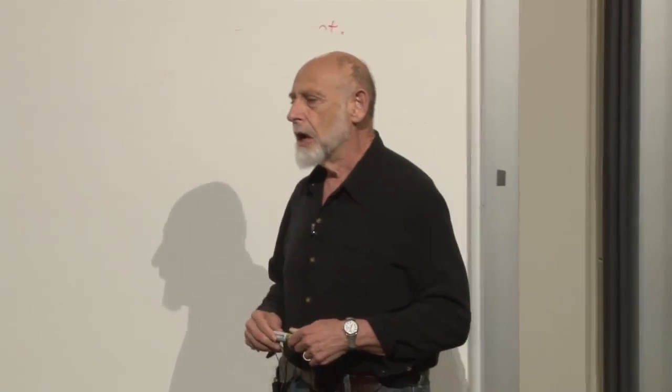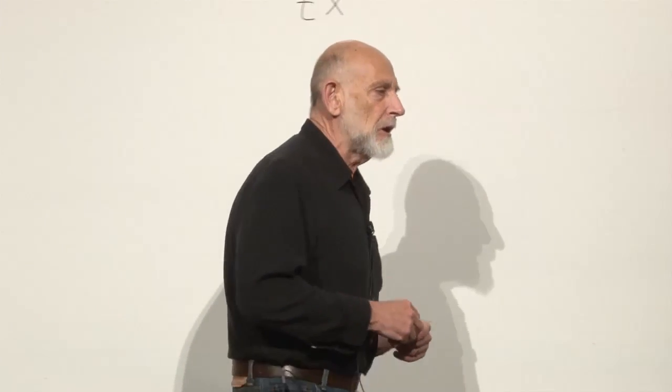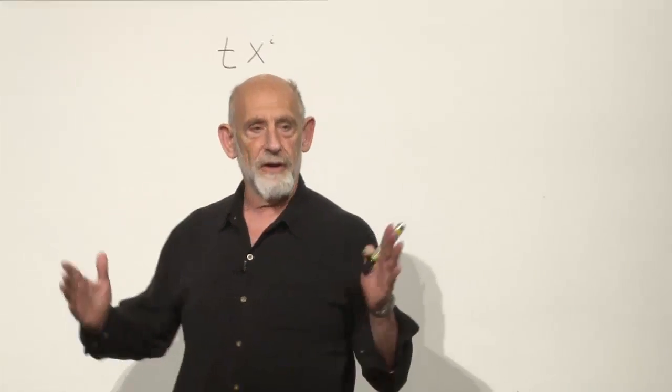Let's think of some examples of fields, just from common garden variety physics. The weather. When you think about the weather, you can think about the temperature. The temperature varies from place to place. It also varies from time to time. So the temperature is a function of x and t. It's a field. Other fields, the wind velocity. The wind velocity varies also from place to place. It may also vary in direction from place to place, and in time, and so forth. The wind velocity is also a field.